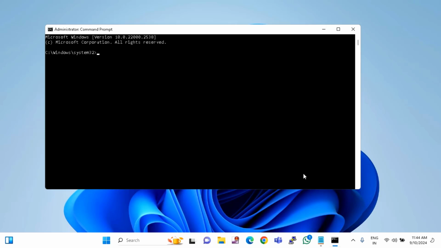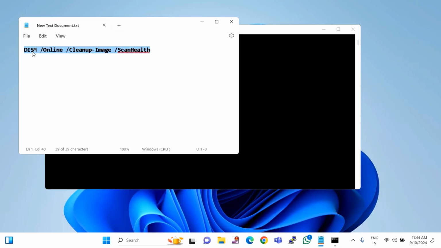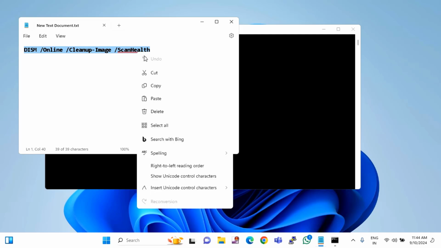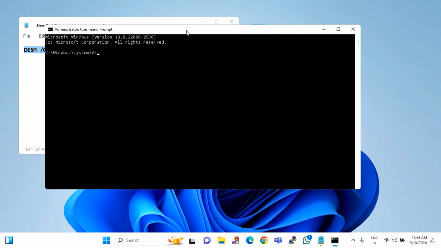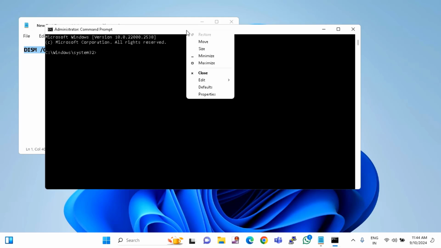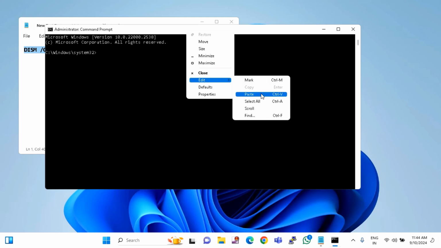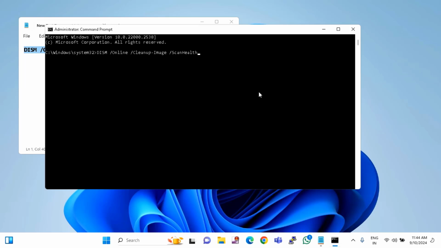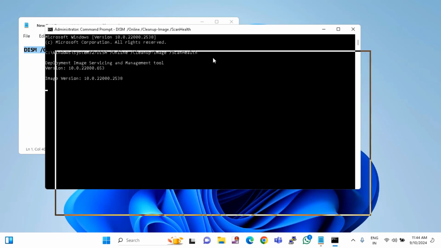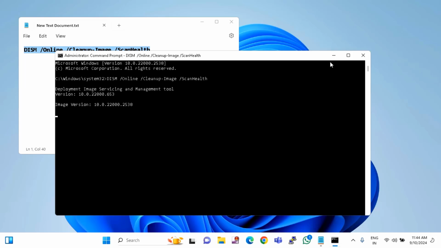The first command is, you can see here: DISM space /online space /cleanup-image space /scanhealth. You have to just copy and paste it. Right click on the top of the command prompt window, click on edit and click on paste, or directly you can press Ctrl V to paste, then hit enter. After that it will take some time. After completion of this, the second command will be,